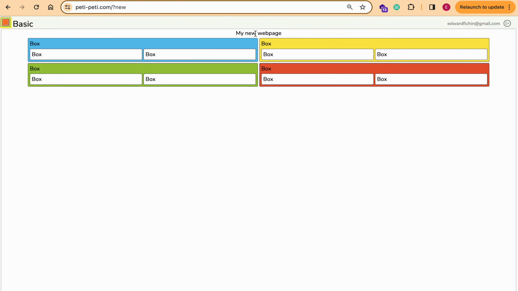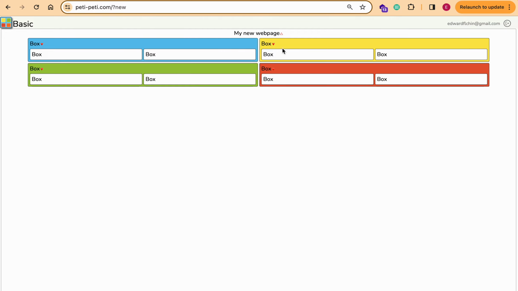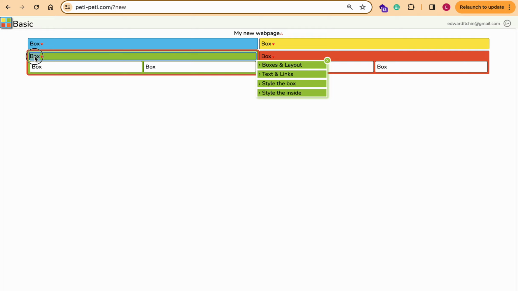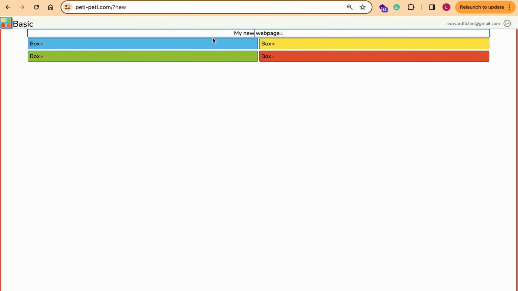So in this particular case, when you have a new web page in Peti-Peti, by default, it has 2 columns, right? You see the blue column here, and the column with the yellow box at the top. So there are 2 columns, and the 2 columns are of the same size, right? Let me just close the boxes so it'll be easier to follow the story. Okay, so this is a layout. My new web page has got 4 boxes within it, and the boxes are arranged in 2 columns,